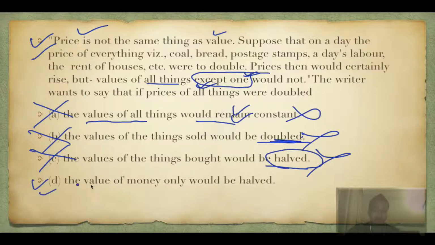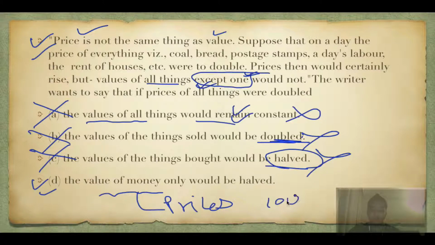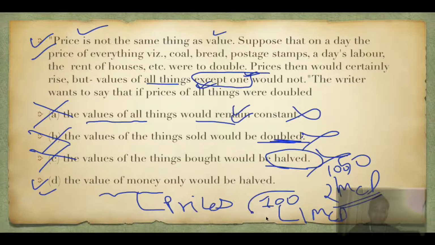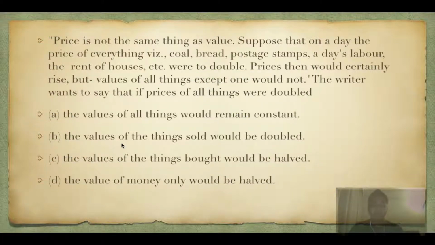So the answer is this: the value of money will be measured in terms of prices. If the prices have doubled, let's say you have 100 rupees today and you can buy 2 McD burgers. Is that understood? Because 50 rupees is one burger. Tomorrow the McD burger doubles in price, it becomes 100. So you can buy only one McD burger. From the same 100 rupees, today you are able to buy two, now you can buy only one. So the value of money has been halved. Extremely basic argument, not more than 15-20 seconds you should be taking.